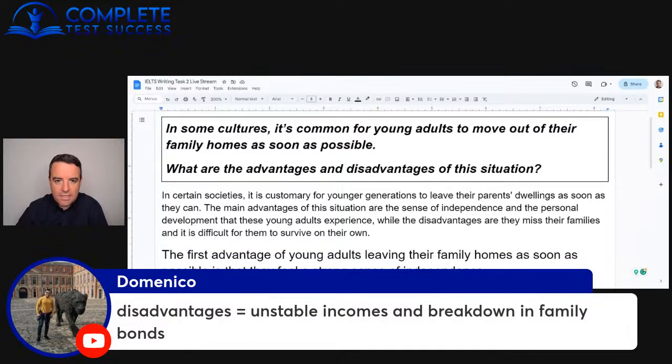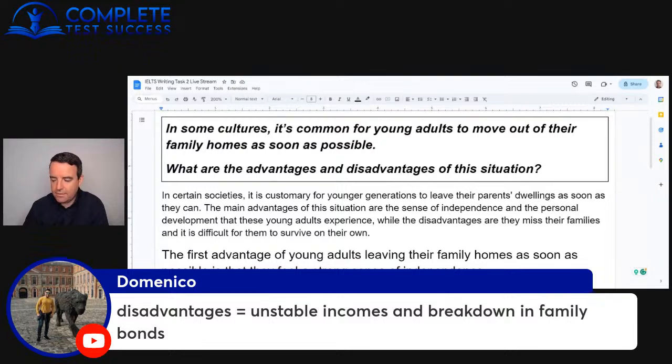"Unstable incomes." Well, it's not necessarily that their income isn't going to be stable. If I live at home or if I live out of home, that doesn't really affect the job that I have. So it's not that the income is unstable, it's your finances. You have to spend more on food. You have to spend more on groceries or household